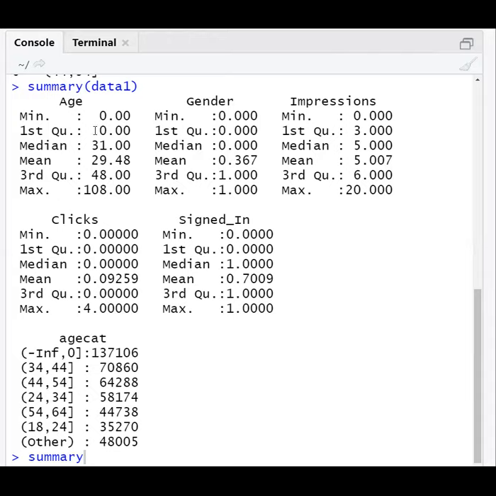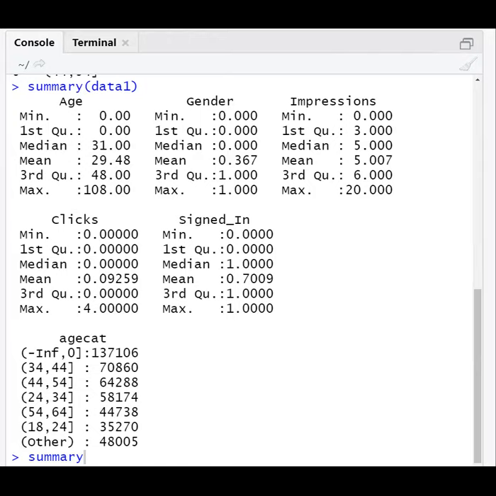First quantile, median value, mean value, third quantile, maximum value. This quantile is nothing but the entire distribution of values divided into 4 parts.